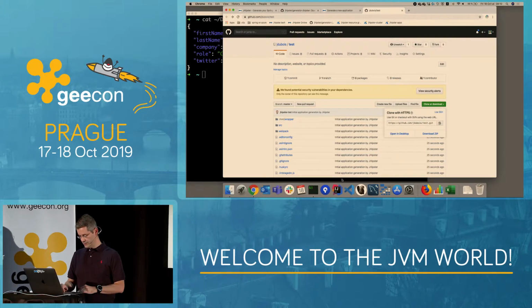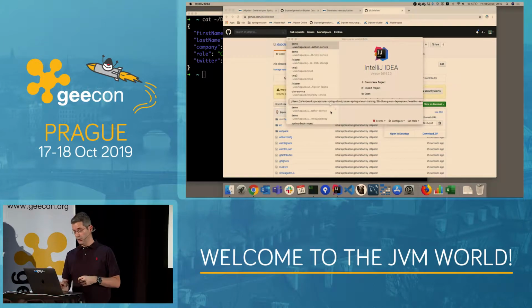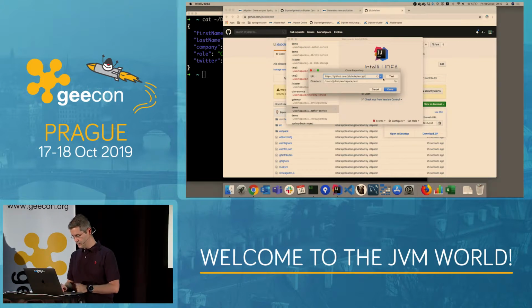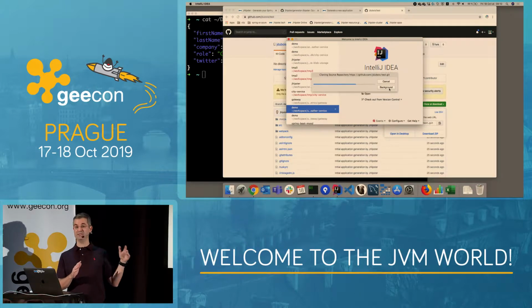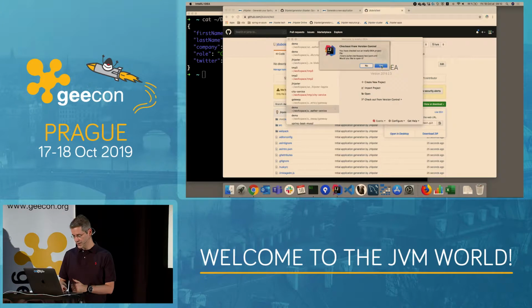I'm going to clone it and open it in my IDE. So it works with all IDEs. We generate more than just Java and TypeScript files. We generate configuration files for Git, for tons of things. So your IDE is going to be automatically configured without doing anything. I'm just copy pasting it. And of course, it works also with Visual Studio Code or Eclipse. I know people using NetBeans say it works, but I'm not using NetBeans, so this one I cannot personally tell if it works, but I've heard it's working well.